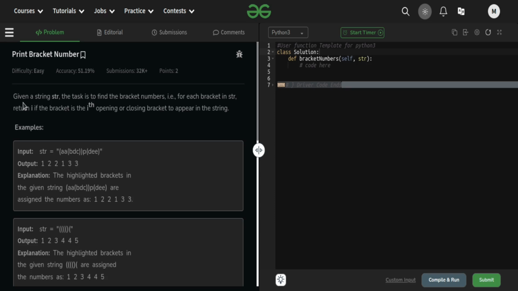The problem statement says that given a string str, the task is to find the bracket number, that is, for each bracket in str, return i if the bracket is the ith opening or closing bracket to appear in the string. So for instance, if this is the string which is given to us, so this is the first opening